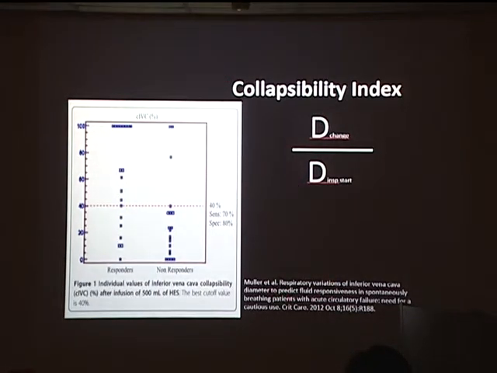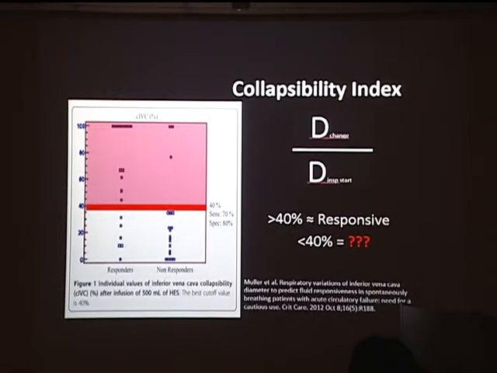Okay, Dr. Muller actually did a study, and he has two groups of patients. One, he finds that those respond to fluid, one that doesn't respond to fluid. And if you draw the line at the 40% mark, in other words, your IVC collapsed by more than 40%, most of the people in this group are actually the responders. Right? But if the IVC only collapsed by less than 40%, you will find a group of responders versus non-responders. Right? So what do we do with this group of patients? How do we know whether this patient is going to be okay with this additional fluid that we give?